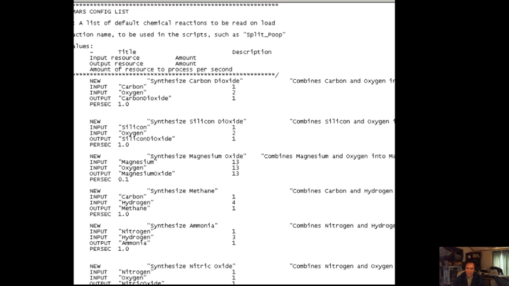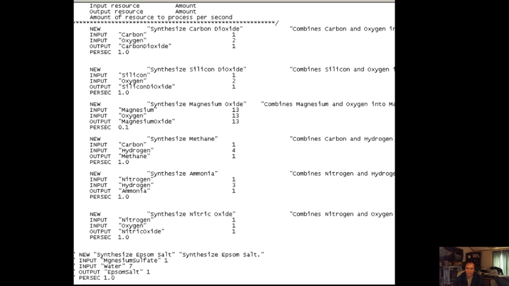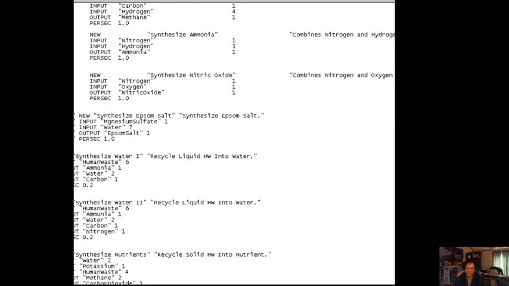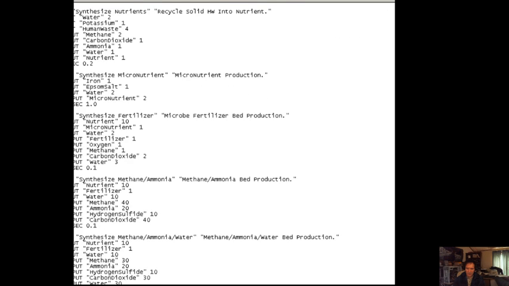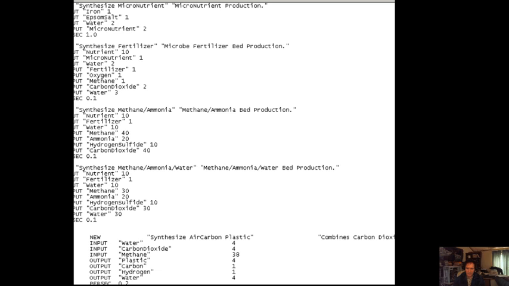Synthesize. It says ammonia. All that stuff. Okay, we're gonna change methane to 20 on here. Methane, ammonia, carbon dioxide. Maybe we change that to 22 because it's a different process. Maybe I could use 2 fertilizer in this. Maybe I'll use 2.